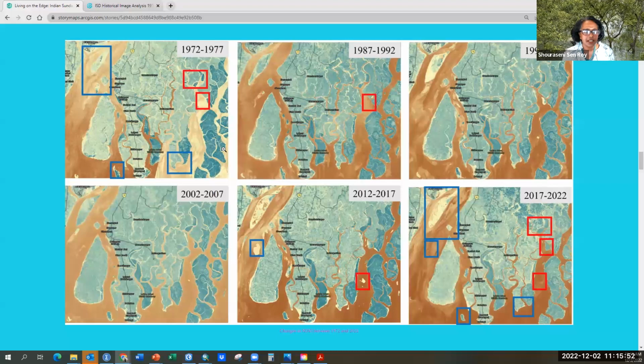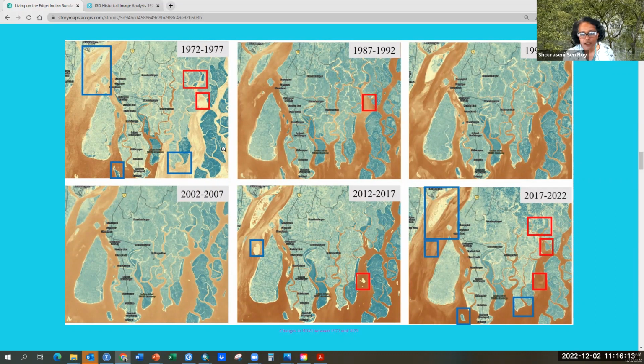I've put all those images together just to show the increase and decrease in size of the islands. To orient you, the blue squares show the decrease in size of the islands or complete disappearance, and the reds show increase.